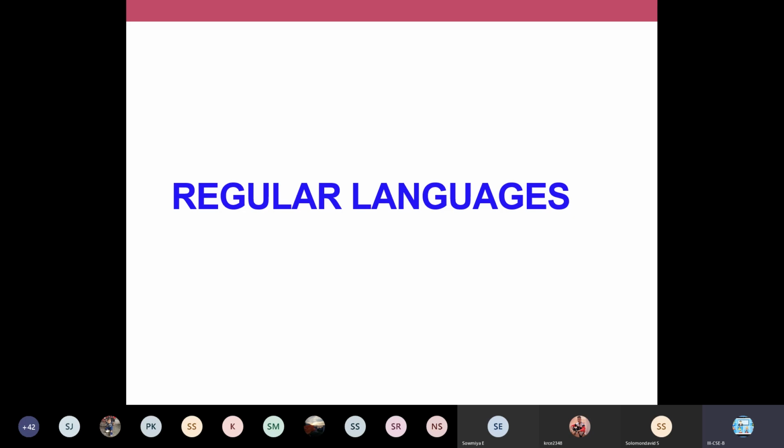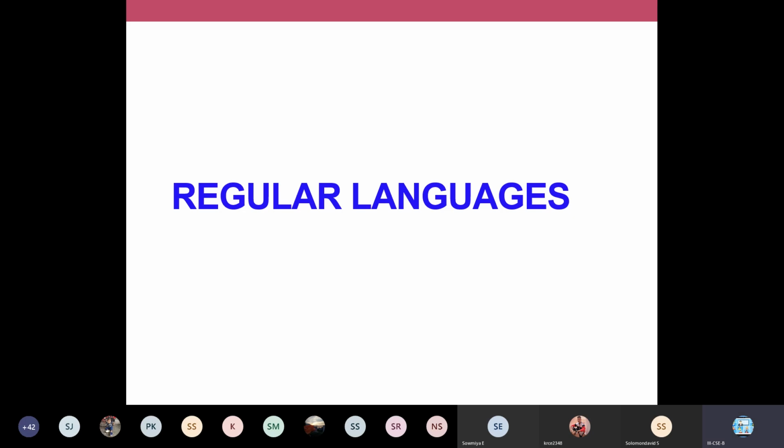Your strings might be anything. Language is a set of all strings, but we cannot construct automata for all the languages. There are so many languages, is it not? We cannot construct automata for all the languages. For certain languages, in our first unit and second unit, we have seen that we can construct automata, like beginning with, ending with, substring, even number, odd number, like that. We have constructed so many automata. So all these languages are regular because we were able to construct automata for them.